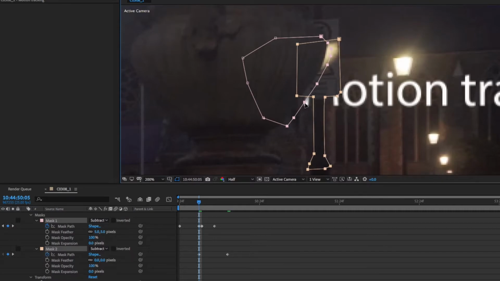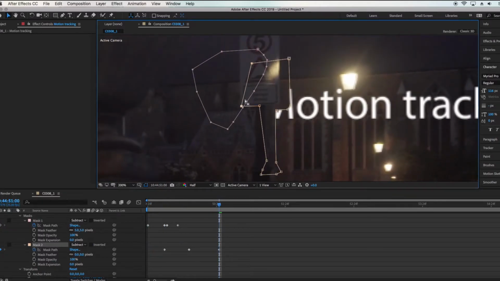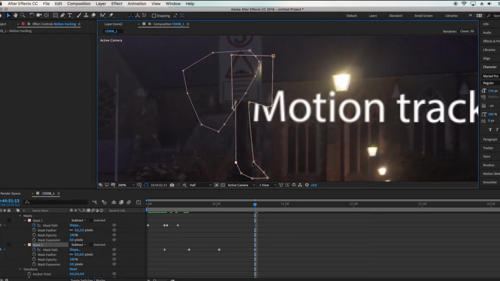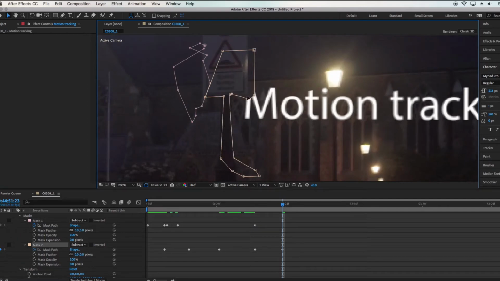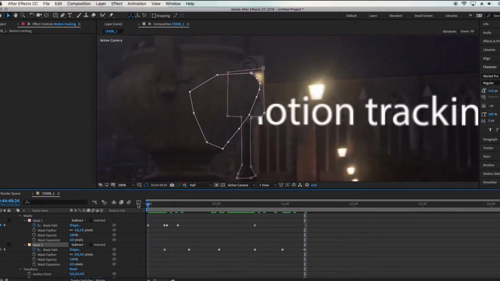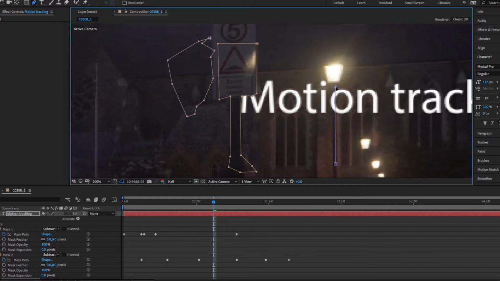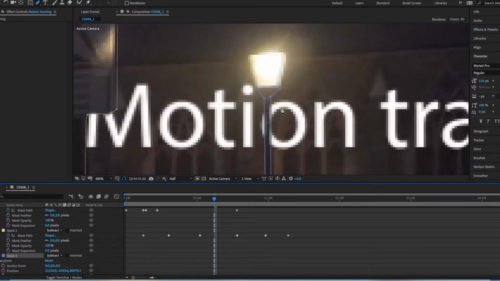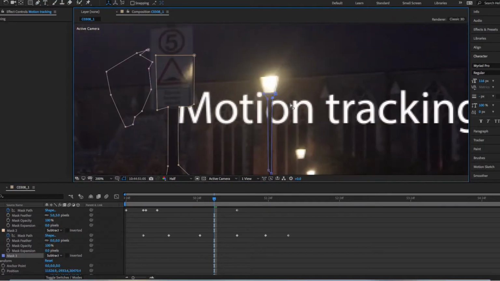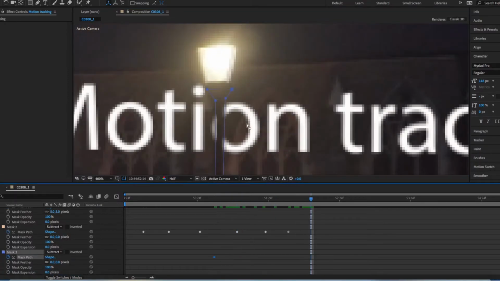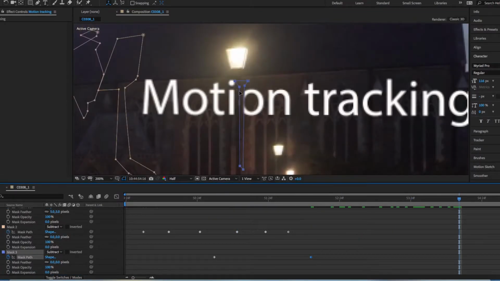And it's drifted off, so we're just going to keyframe it there. Keyframe it there. And one more time. And that should about do it. Now there's also this street lamp which, I think, is just about in front of the text. So we'll just mask that out as well. Same process, set to subtract. Keyframe the mask so that it moves with the lamp,